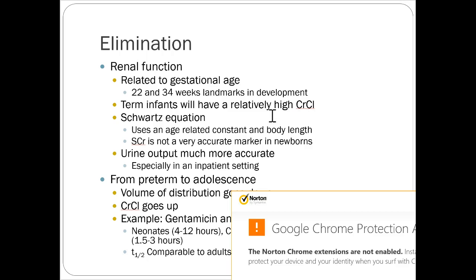So that's why, for example, with gentamicin, we don't use it a lot in adults anymore, but we do use it for some neonatal stuff, and it's something that we get levels on and check blood concentrations on if we're going to treat somebody with it, especially a neonatal patient, because it's so unpredictable what type of clearance they're going to have. But usually once a kid is 6 to 12 months of age, that's close to adult half-life